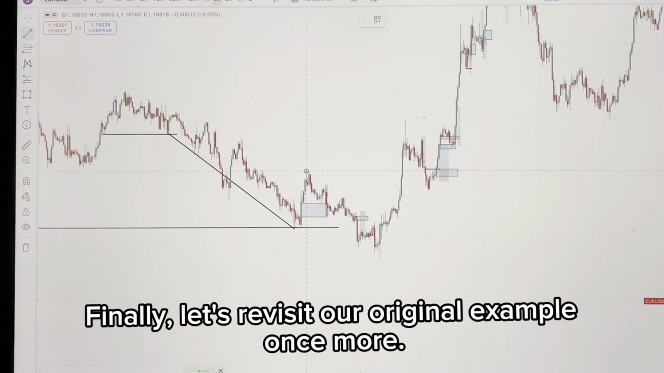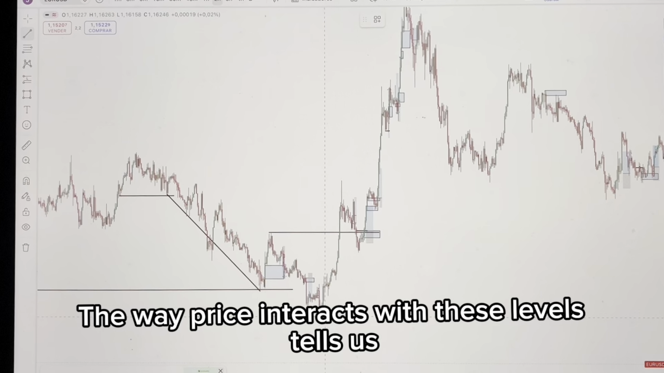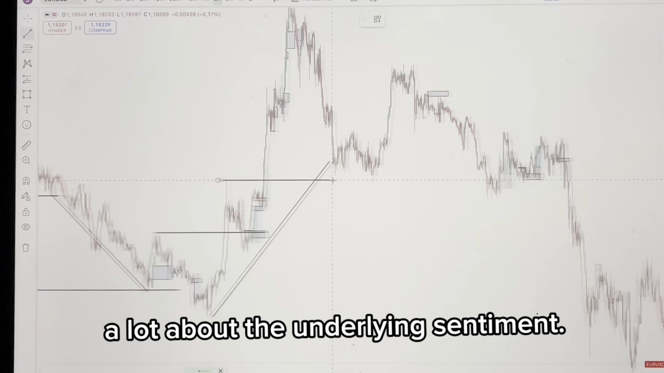Finally, let's revisit our original example once more. I want to highlight these specific points. The way price interacts with these levels tells us a lot about the underlying sentiment. Are sellers gaining control